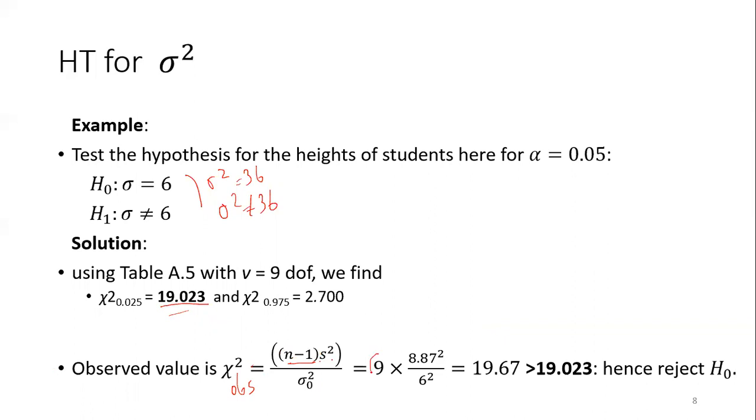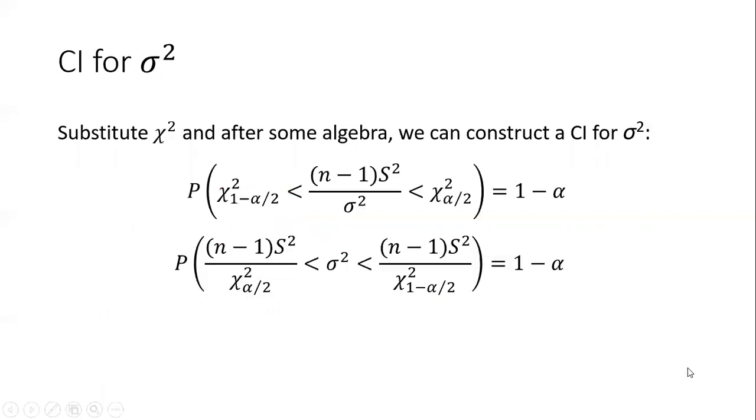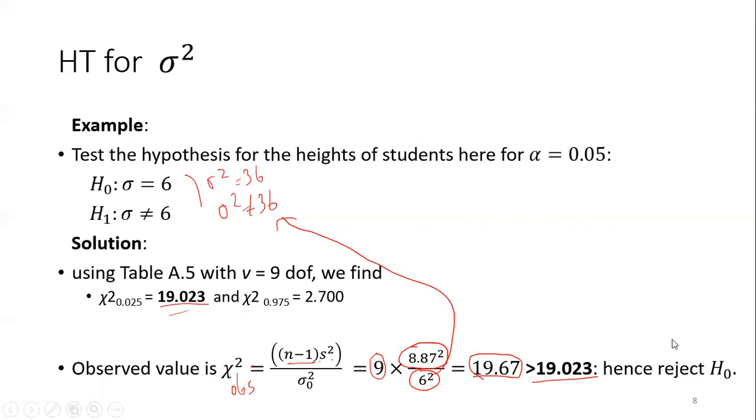That's equal to n minus 1, which is 9, times S square, this is your observed s square, divided by sigma 0. This one just comes from the hypothesis, okay? And it turns out that the value is 19.67, which is greater than our what? Our critical region's border. Hence, we reject H0 and say that sigma is not equal to 6, or sigma square is not